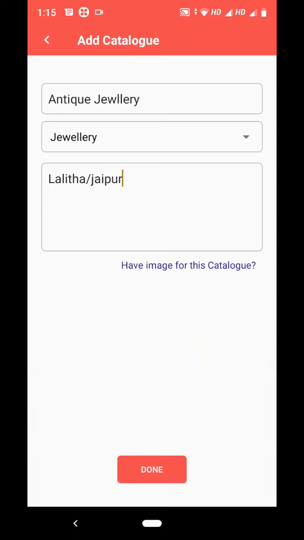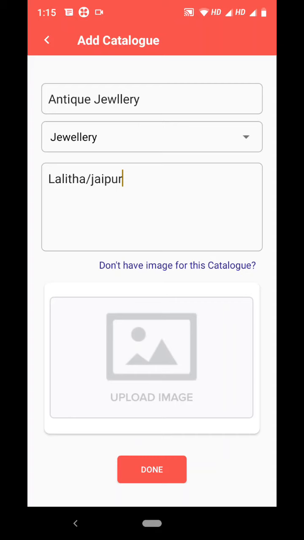So this is for my reference. So if you put this detail, it will not showcase to others, so it will be in your catalog list only. So you can put your supplier name, so it will be very confidential, it will be known only to you.